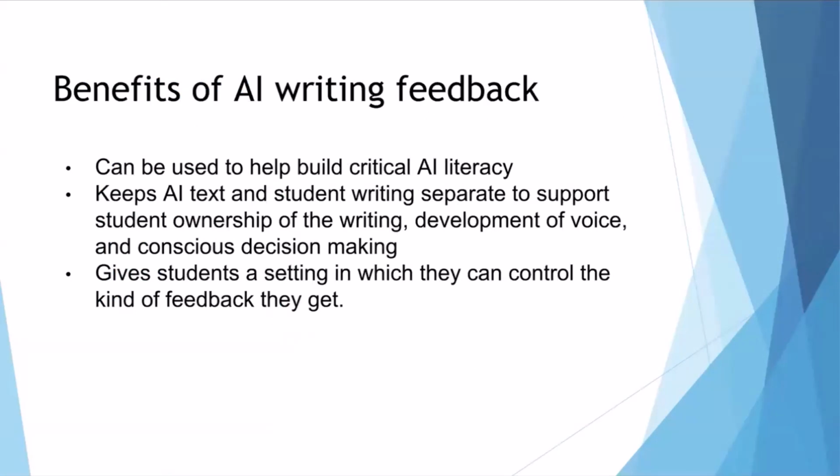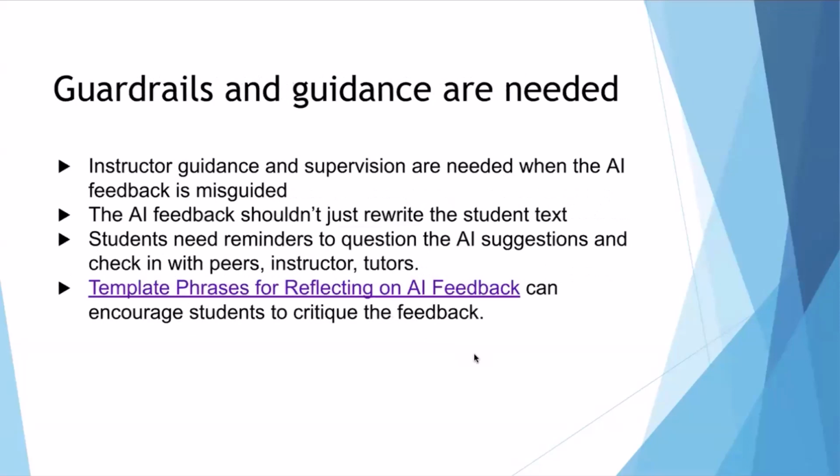So if we encourage students to ask for specific writing feedback, they're stuck, it's late at night, ask it: what's a counter argument I should address? And then critique what it gives them, right? So question the feedback it's giving them, and maybe check in with a teacher about it. So I make a case here for guidance and guardrails around AI writing feedback.